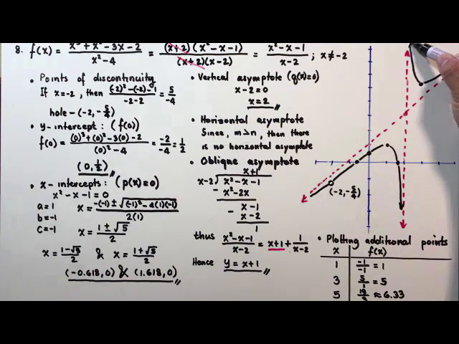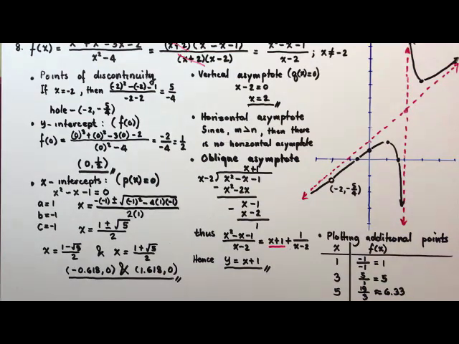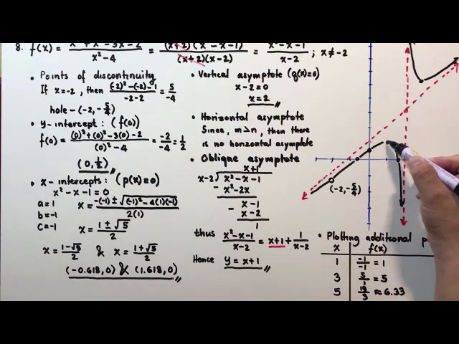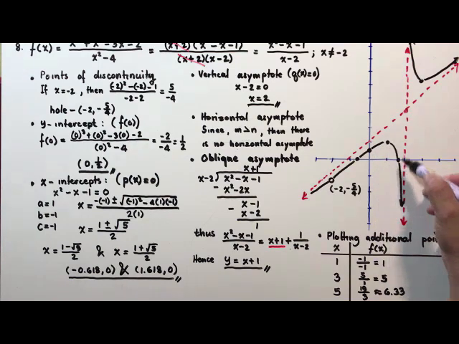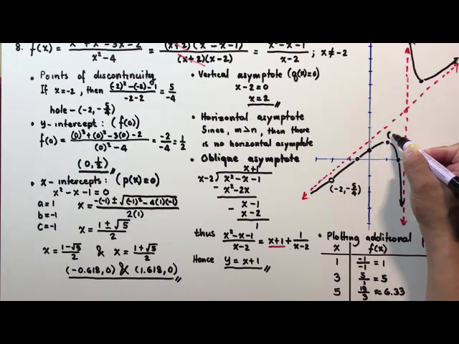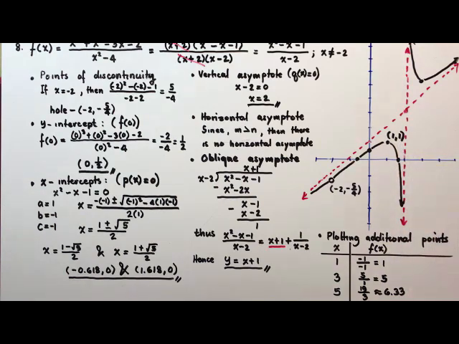So it's approaching this vertical line as the vertical asymptote, and it's also approaching this line as the oblique asymptote of this graph. Labeling this point here, which is the relative maximum of this curve, this is (1, 1), as you can see here in our table of values. And this one has coordinates (3, 5), which happens to be the relative minimum of